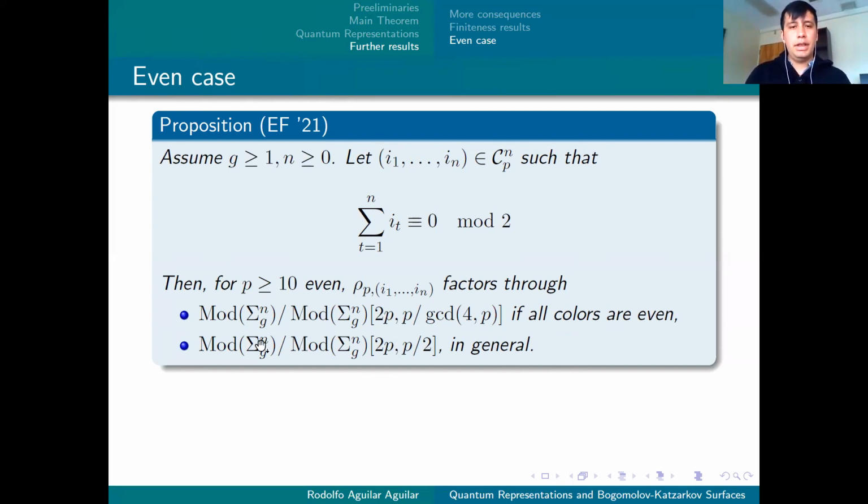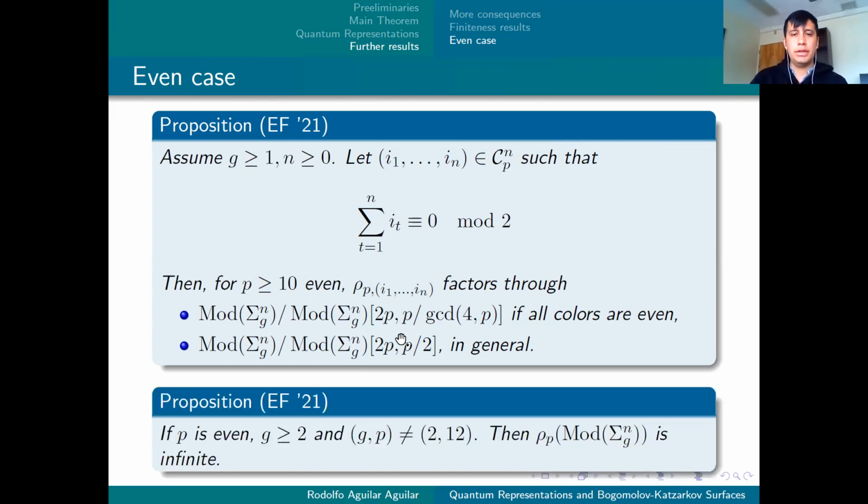If all colors are even, in general it will factor only by this. So the root stack construction for equal weights needs to be changed in this even case. Of course, the root stack works for non-equal weights, but I just wanted to fix the equal one. But in the even case, we need to modify it. We need to put some weights in different divisors. So they also have some infiniteness result